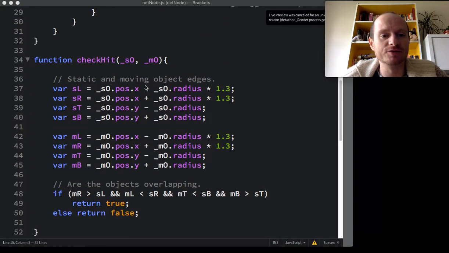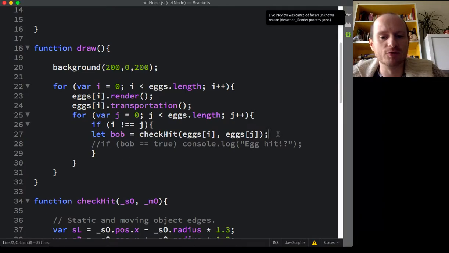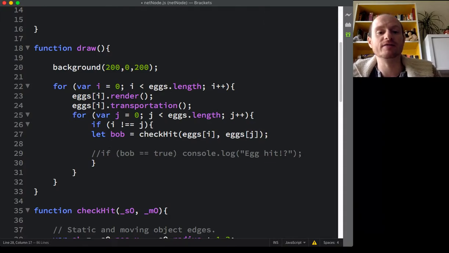but I'm not inclined to do so because as far as this function is concerned, it's getting any two objects in. It doesn't know what's going on. What might be better is in the game loop itself, where we're checking the hit, and if there's a hit, we're placing that value of true into Bob, and if it's false, Bob will be false. So what we could do here is say if Bob is true,